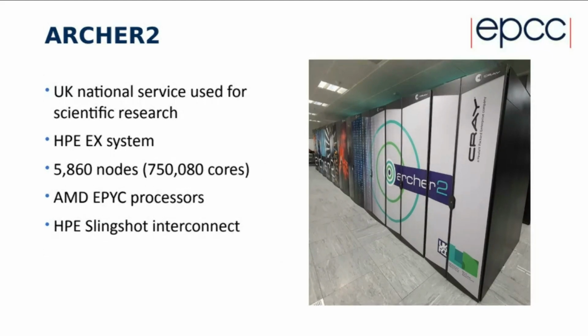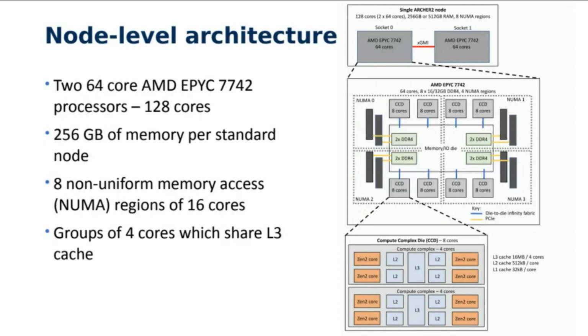So ARCHER2, which we're familiar with, is the UK National Service for Scientific Research. It's an HPE Cray EX system. It has 5,860 nodes, and this amounts to just over 750,000 cores. It uses AMD EPYC processors, and the interconnect is the HPE Slingshot interconnect. Taking a look at the node level architecture of ARCHER2, each node is comprised of two 64-core AMD EPYC processors, which amounts to